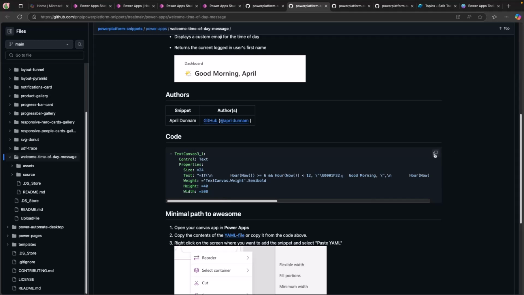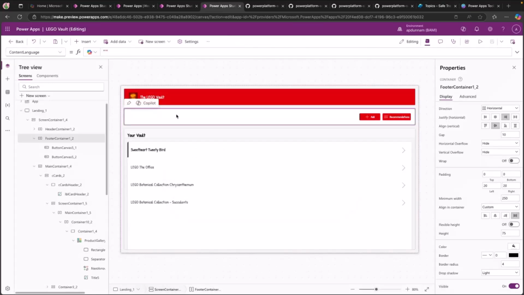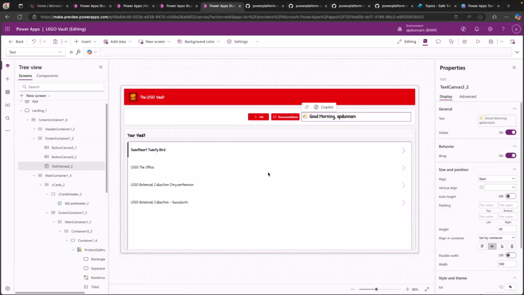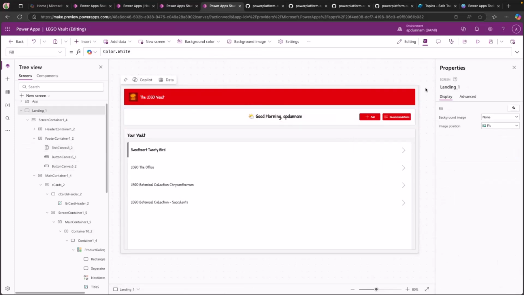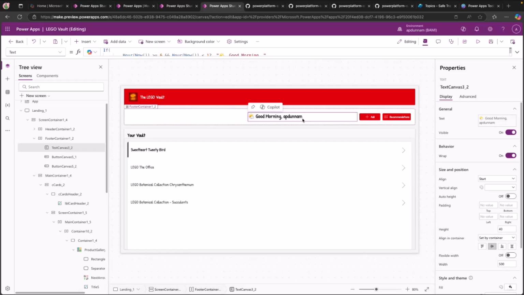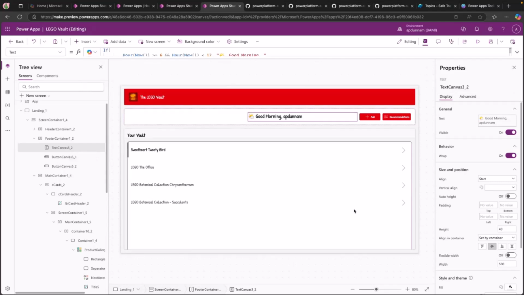I can actually just use this copy button right here where it has the YAML code. I could go back to my app here, and I can just right click in a Canvas app if I want to use one of these snippets, and I can say paste, and there's a new paste code option, and that's going to allow me to paste that YAML snippet. And I can just reorder this, let's say move that to the start, and that's looking pretty sweet. I don't have to do anything. It's copied all of the Power Fx logic in the text input, and it copied over this text right from the YAML. So that's pretty cool. It's already sprucing up my app.